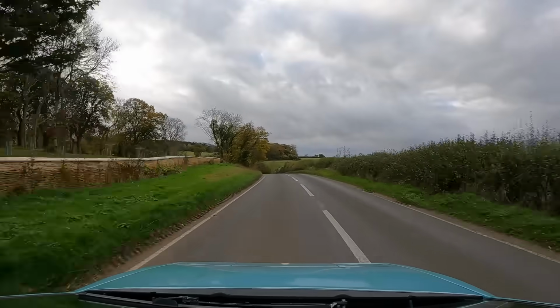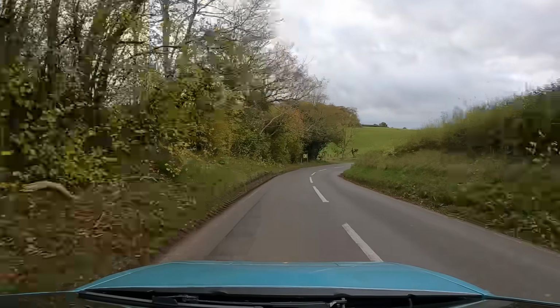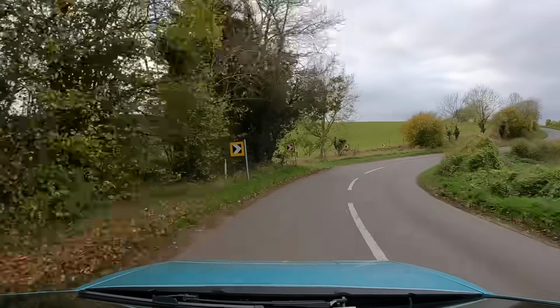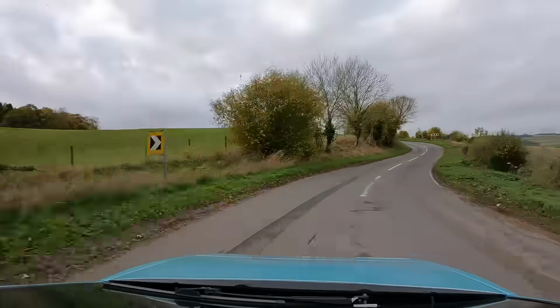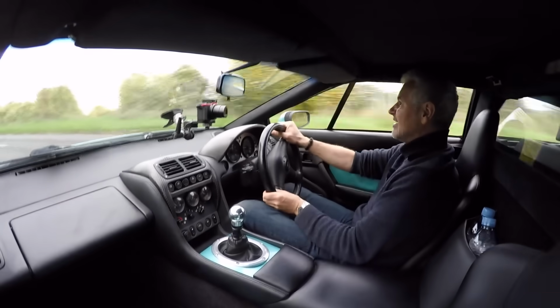So this is still a very rapid thing. 0 to 60 in 4.6 seconds, 175, I think, miles an hour top speed. And crucially, it handles absolutely beautifully. I went out with the owner earlier to try and just get a bit more of a feel for it for when I actually went out with it, and I'm getting more and more comfortable with it, and it is